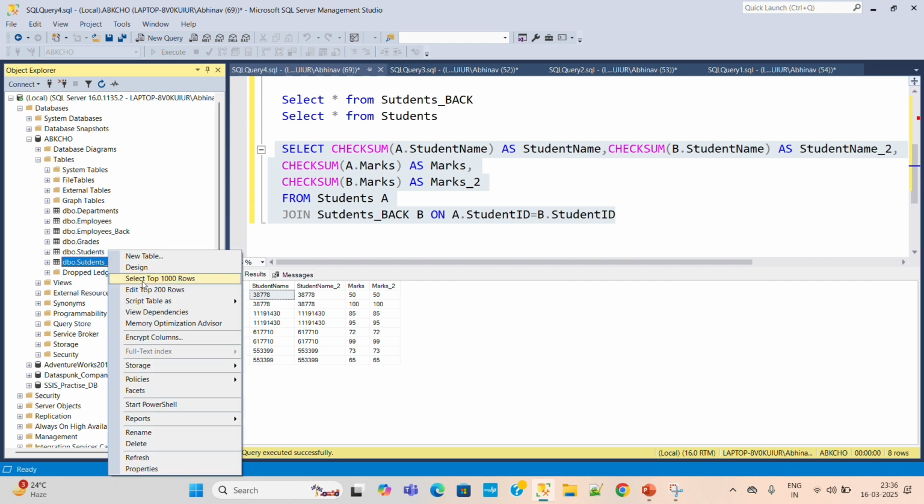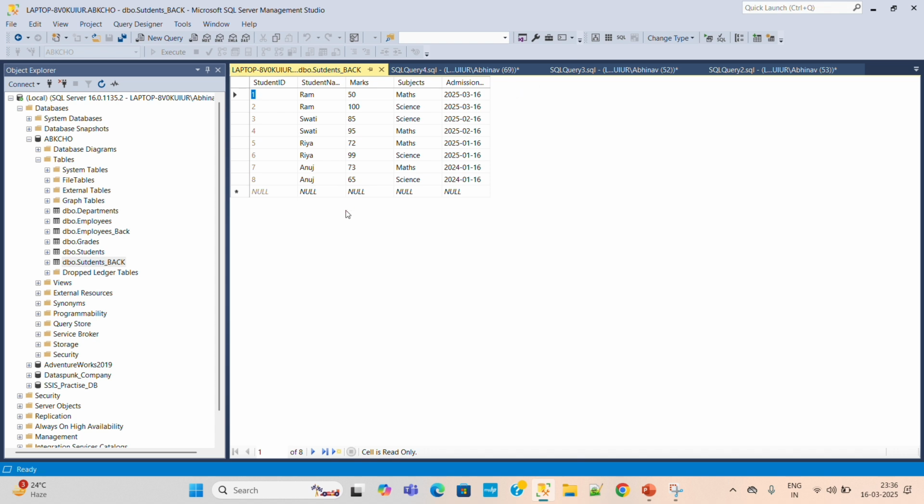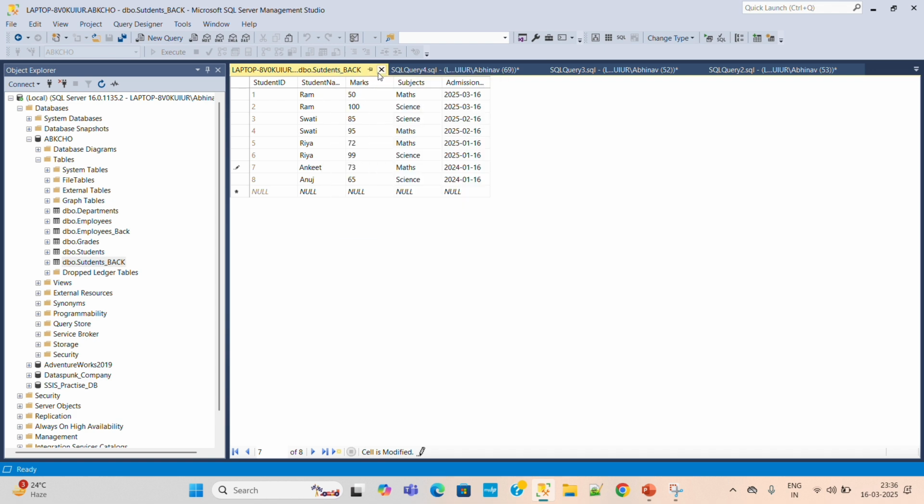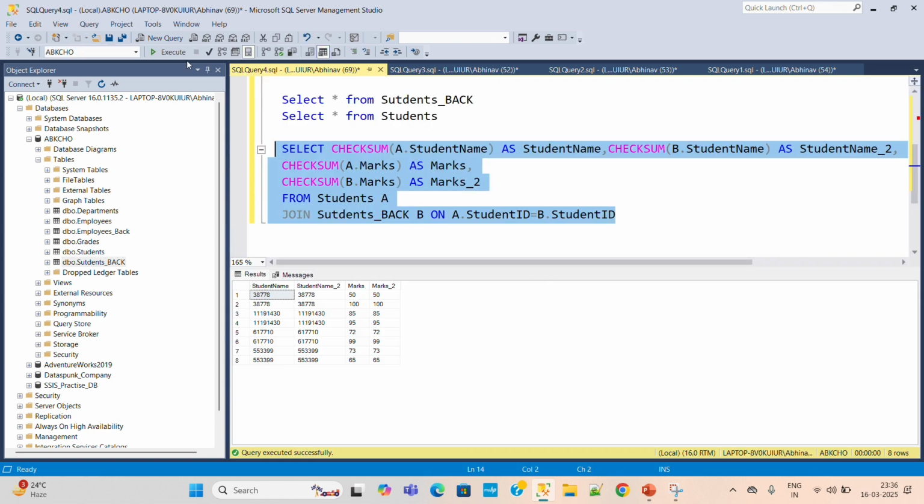Now when I change one record here, let's take, in place of Anuj I can mention Ankit for student name in backup table, then what we are getting. Now when we execute this, now see, in student name we are getting the different value. So by using this checksum,